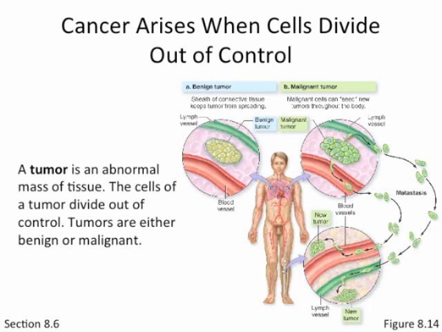Cells that are growing out of control, you get a mass that is dividing when it's not supposed to divide. You can get benign tumors, which basically shut down. So it does this a few times, and then the cell figures it out, or your body figures it out and stops the division, and so you have a lump, but it's not actively growing. And you have malignant tumors that just continue dividing, and they actually can break off, and those cells can travel elsewhere in your body and just start dividing because they're not responding to normal cell signals,